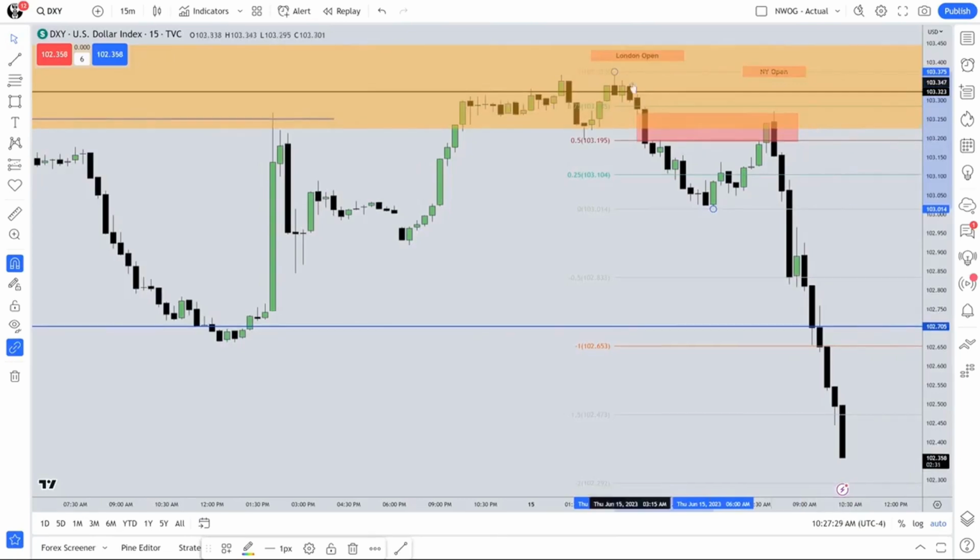Consequent encroachment. It showed the signature that we would look for. It left the upper portion untraded to, again, worked off the low of that gap. If you don't have these levels on your chart, or have them at least annotated in your notes that you're referring to throughout the day. Now, in the beginning, you want to definitely have them in your chart because it's going to take you some time to get